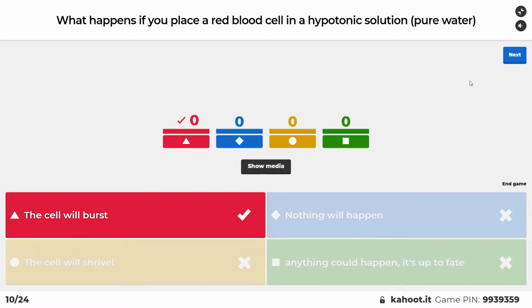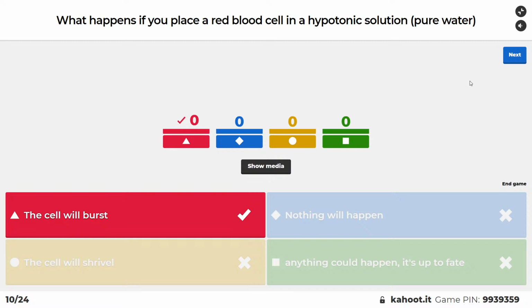Okay, so this should be easy to picture if you're clear on hypotonic, hypertonic, and isotonic. Big brain time. So in this case, A is the right answer because if a cell's placed in a hypotonic solution, then the cell will burst. The reason it's going to burst is because the water will move down its